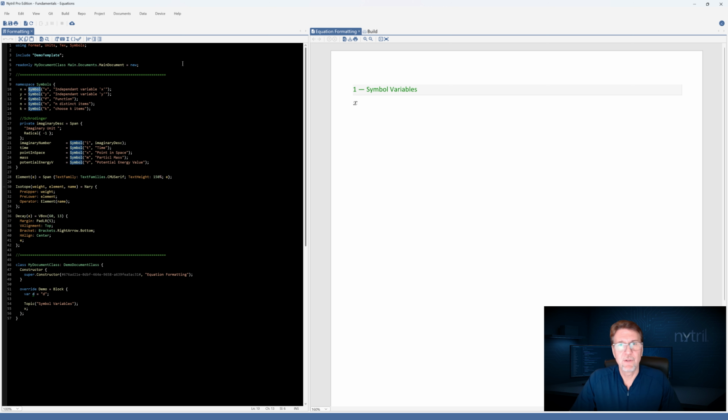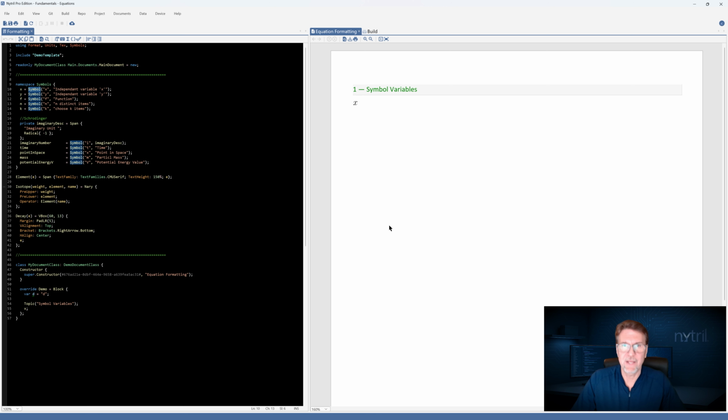It's important to note that when something is a symbol, it causes it to use the font that is specifically associated with symbols in Nitral. Nitral has a font that is used specifically for symbols. It has a font that is used specifically for equations, and one for math, and one for a serif font, etc. And those can all be overridden. Right now, we're just going to use the default font for symbols. And that's what shows up right here. That's what we're seeing in our document.